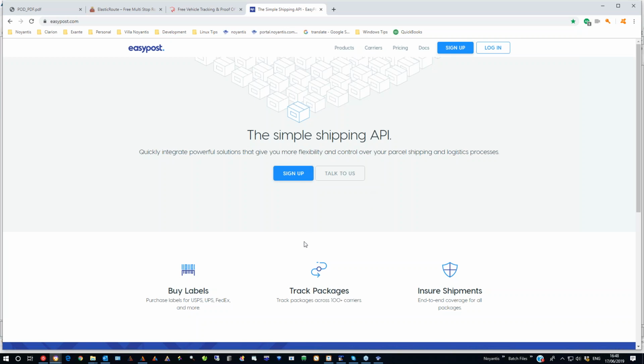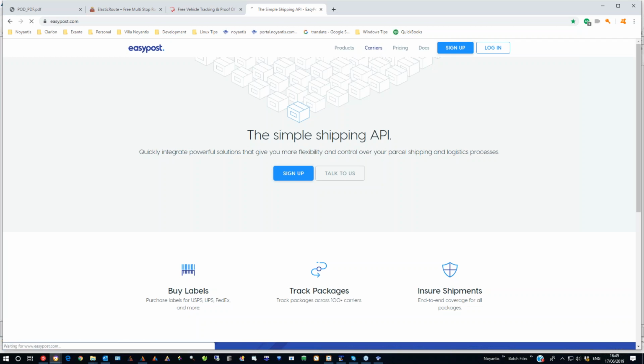But the idea behind this, I've got to admit, I like this a lot. You can sign up, and then you can query a parcel. So you've got a parcel, or maybe a group of parcels, and they call a group a shipment. They can be different sizes, like a shipment of 2 small boxes and 1 large box. You can query the rates, and it will go off and query